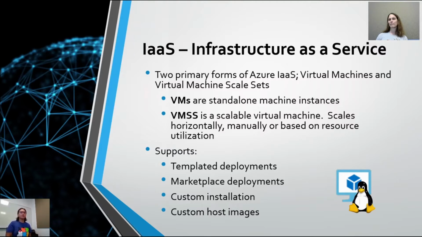And the next option we have is the marketplace deployment. These are images provided by our partners or jointly developed with Microsoft, and this is for customers to spin up an image with their pre-configured software already deployed and gets them ready to go. And other ways we support images or applications is through custom installation or custom hosted images. So these are not all inclusive, but these are the four major categories of applications that we support within Azure VMs and VMSS.